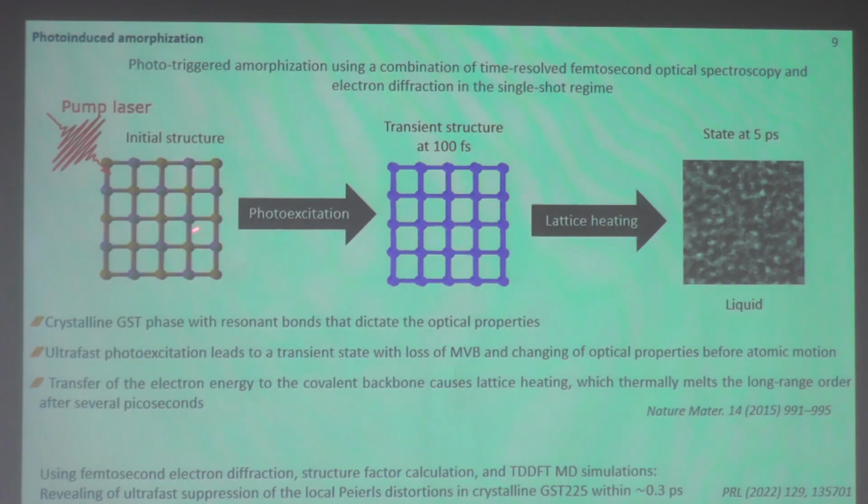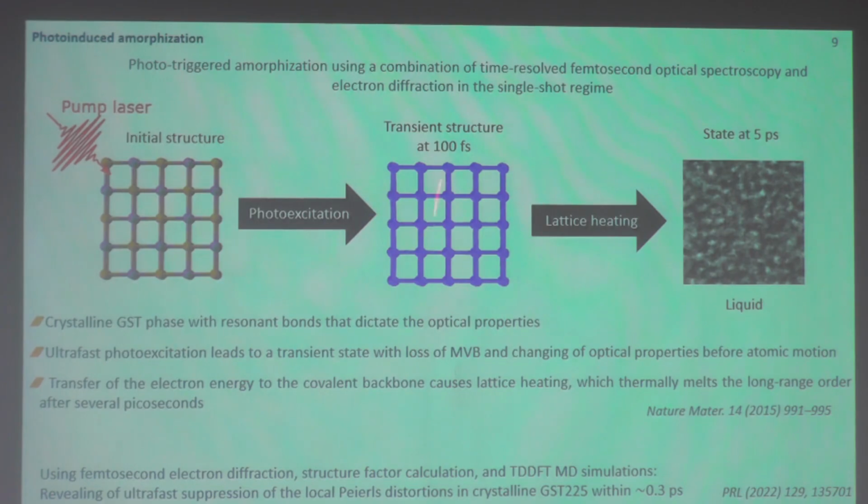Here, if we have cubic GST and we excite it with a femtosecond laser, then by photoexcitation we can transform this crystalline state to a transient structure which exists at 100 femtoseconds. And at this state, the so-called metavalent bonding, which at that time in this publication they claimed was resonant bonding, but it's metavalent bonding,